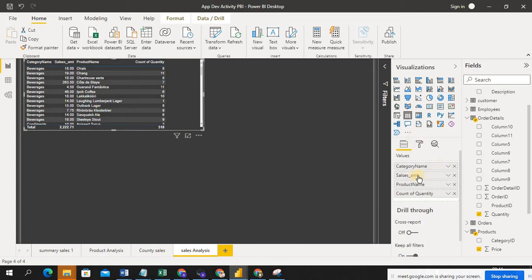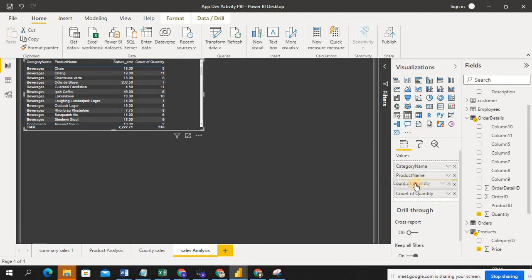As per my movement, this will change. This product name I'm keeping in second position. See, the product name comes in second position. Quantity I'm keeping in third position, the sales I'm keeping in fourth position.